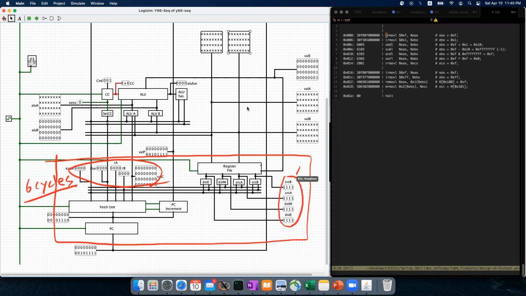We can read register IDs in the second cycle because register numbers are stored in byte 2, the second byte. So after 2 cycles, we read this source and destination register IDs in the next cycle. In the third cycle, the register file can give us the data or can store the data, right? But